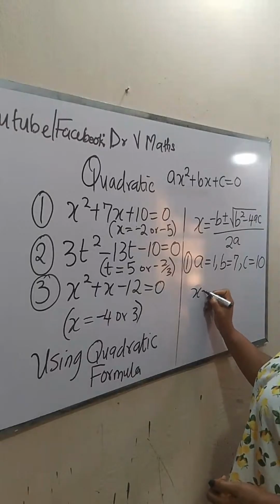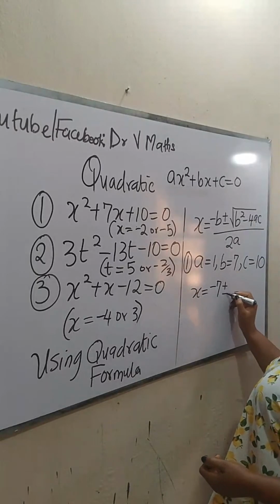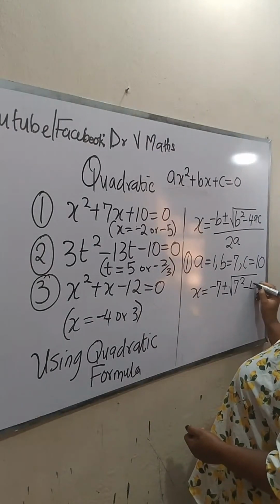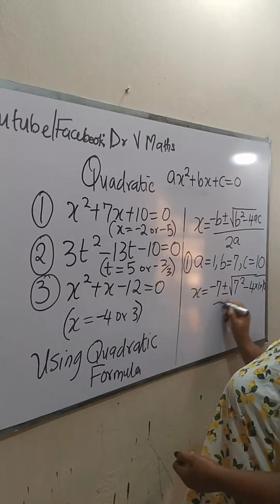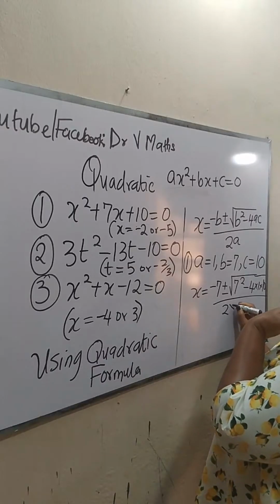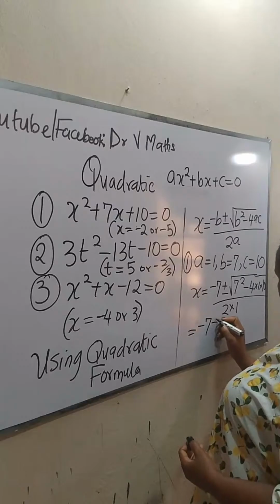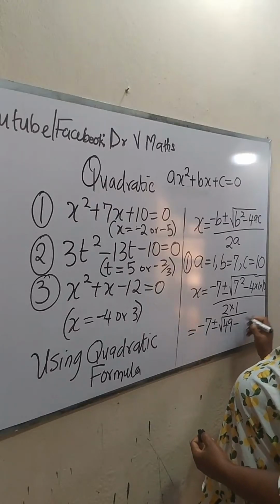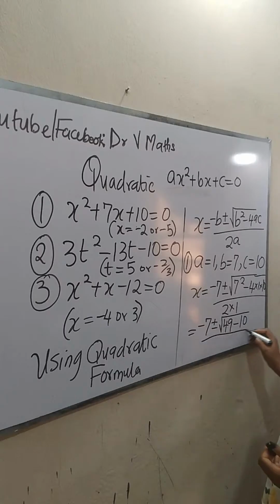So our x is equal to minus 7 plus or minus the square root of 7 squared minus 4, our A is 1, our C is 10, all over 2 times 1, 2A. So this is equal to minus 7 plus or minus the square root of 49 minus 4 times 1 is 4, times 10, minus 10, all over